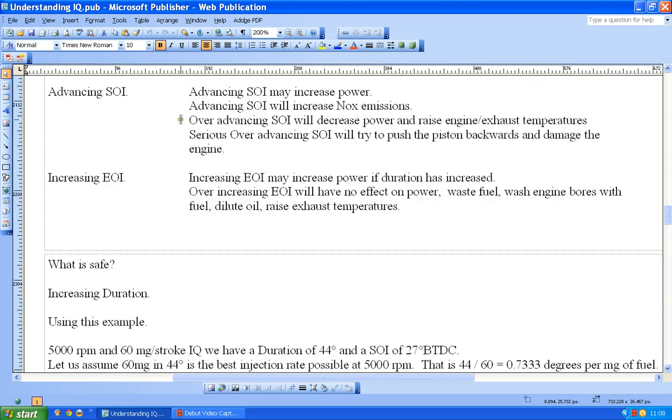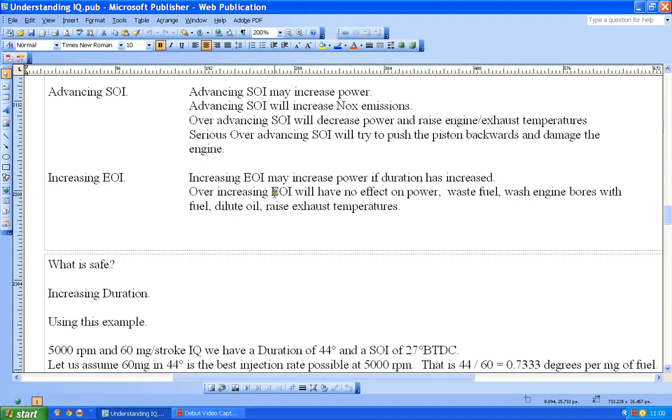If you then say to yourself, well, okay, I don't want to risk advancing start of injection, I'll let end of injection get a little bit longer instead to try and protect that. Well, again, if that's accompanied with an increase in duration, then you may well get a slight increase in power, mightn't you? Because if you've increased duration, and even though you've left SOI the same as original, if you forced it to come a little bit later, you might get a little bit more power. You might find you can't do that though. You might find that the way the file is designed forces you to get some advance whether you want it or not.